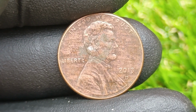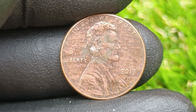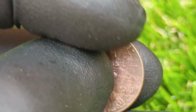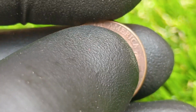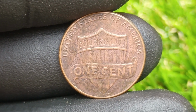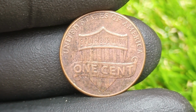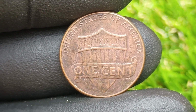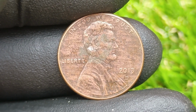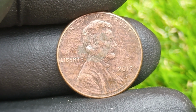And the 2013 D 1 cent coin that is rumored to hold this kind of price tag must combine multiple rare attributes, possibly a dramatic misstrike, double die obverse, reverse strike missing, or a transitional planchet error where the coin was accidentally struck on a leftover piece from a previous metal composition. And such unique characteristics mean that there could be only one or a handful in the world, which drives its